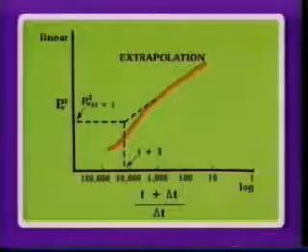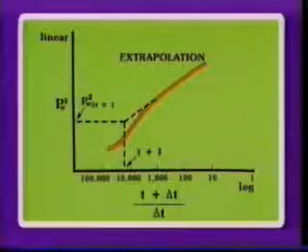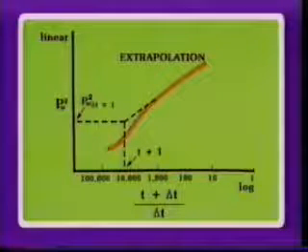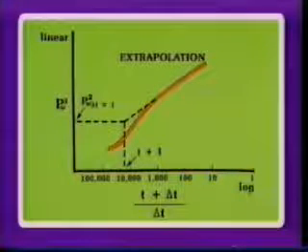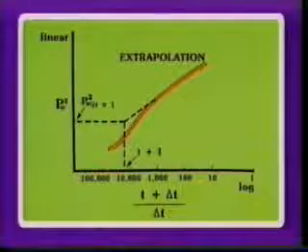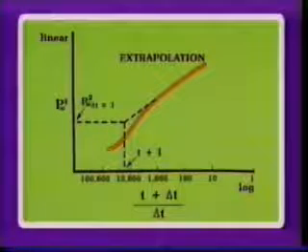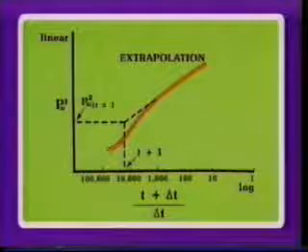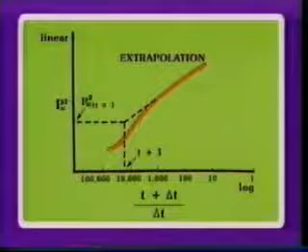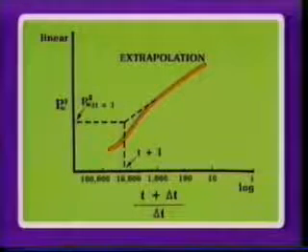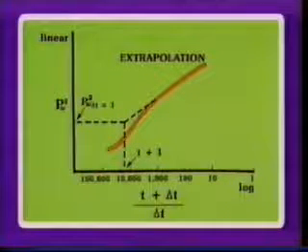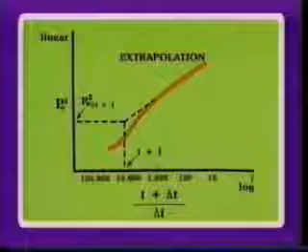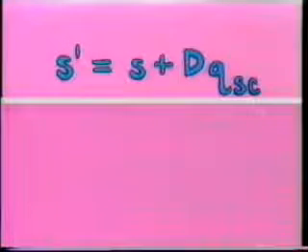Note that P sub W squared at delta T equals 0 is the wellbore pressure at shut-in, and P sub W squared at delta T equals 1 is the wellbore pressure 1 hour after shut-in. But note that P sub W squared at T equals 1 is measured on the extrapolated portion of the straight line, as shown here. Because S prime has two unknowns, S and D, we must have two equations for a